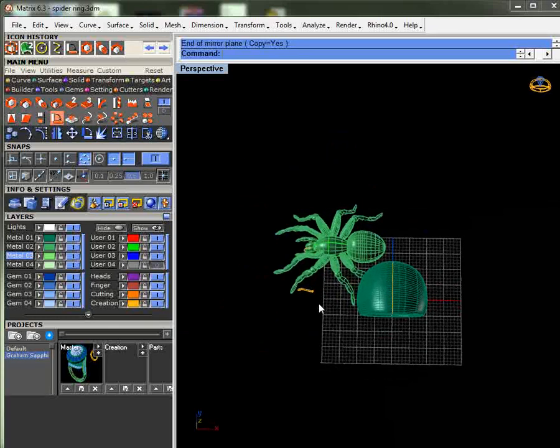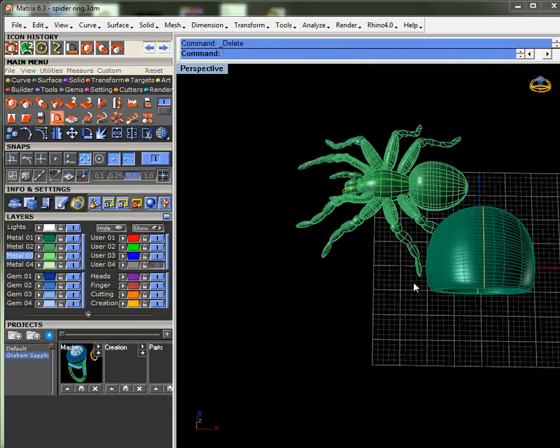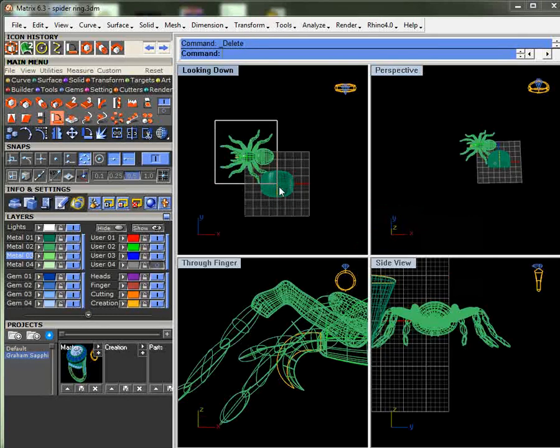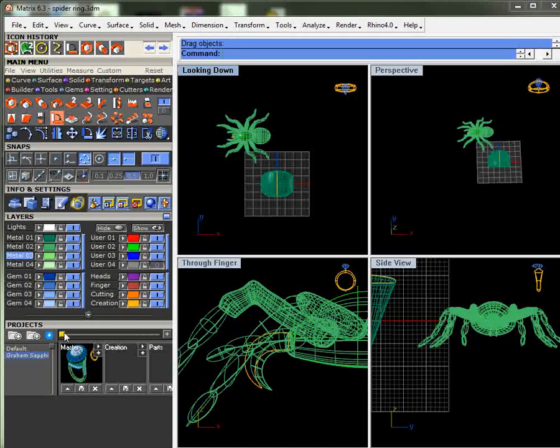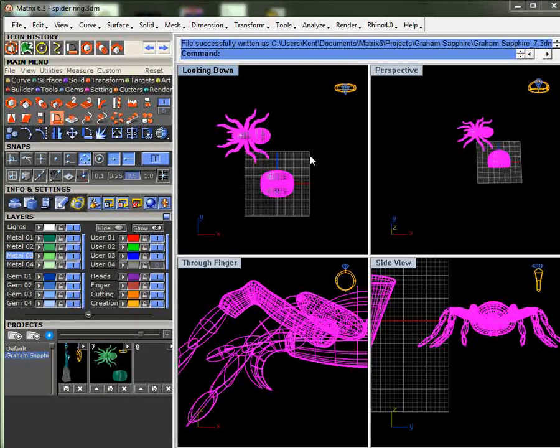And now it is time to get it up on the ring. And we can do that all sorts of ways. We could just put it up there. But as a matter of fact, maybe at this point I'll put it in a job bag, actually. Okay, probably the one way, let's turn off curves, select all curves, we'll just hide them, and